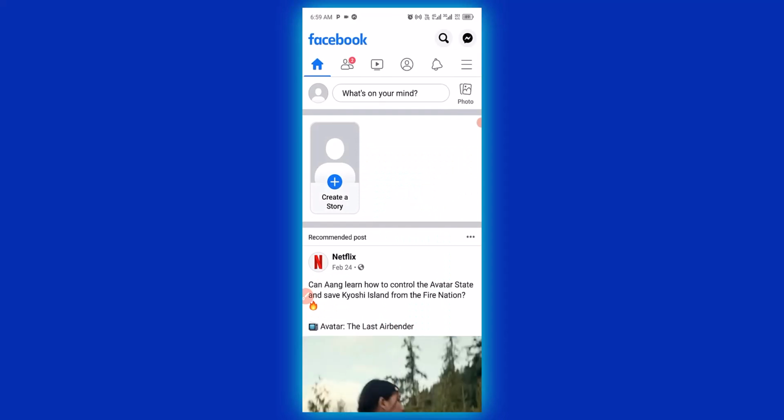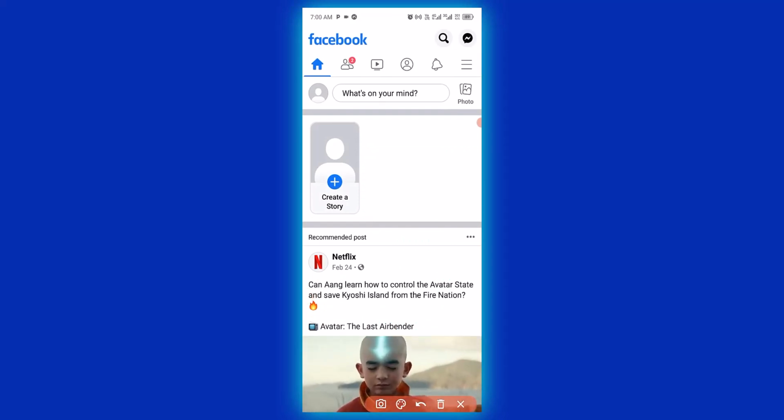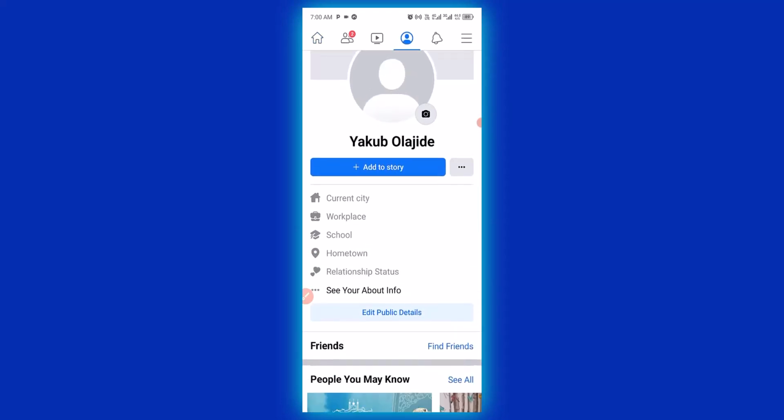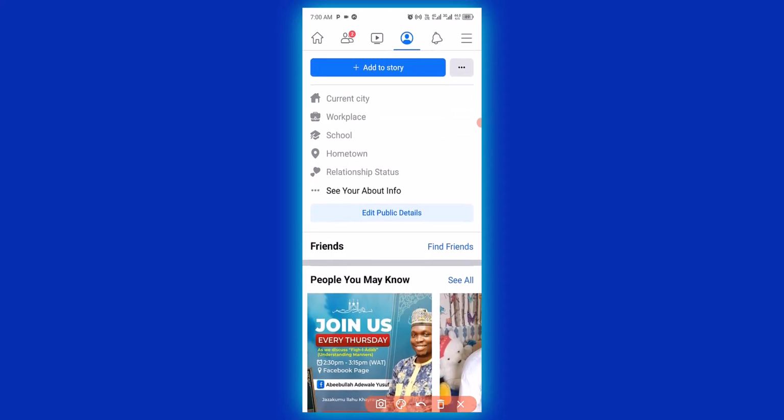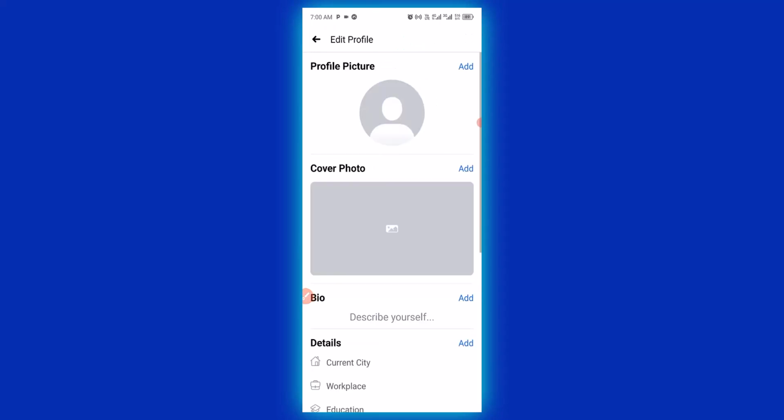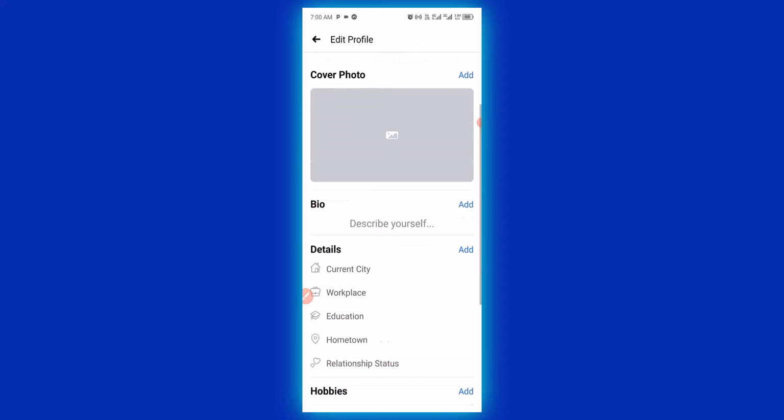Then having opened up your Facebook account, next thing you want to do is to click on your profile icon. Then you have to scroll down, click on edit public details. Then it takes you to this particular point. Next thing you want to do is to scroll down,